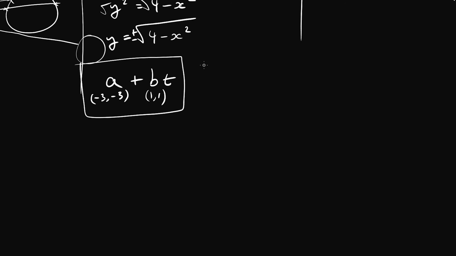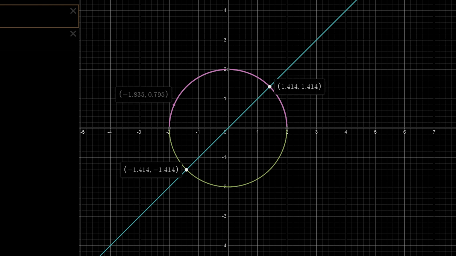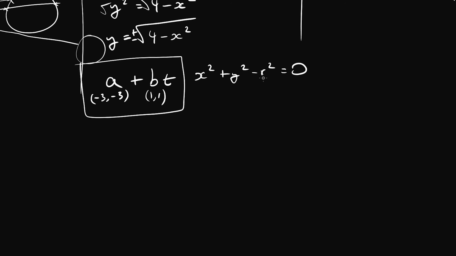Now for our circle equation, which we know is x squared plus y squared minus r squared equals 0, if it is centered on the origin, there is no a and b component, which in fact the circle's origin is 0, 0, so there is no a and b component. And the radius squared we've decided is 2. So this circle over here has a radius of 2, as we can see. So that means that really r is just equal to 2, which squared is 4, but we'll just write it as 2 like this. So this is actually enough information to work out where the hit takes place.